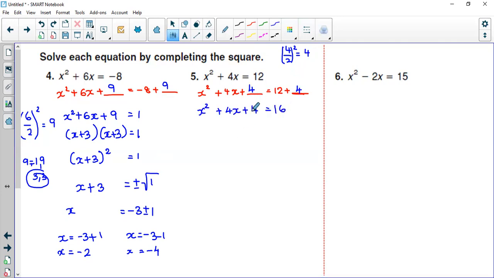Now find the factors of 4 which would give you a 4 when added or subtracted. So what are the factors of 4? We have 1, 4, right? The factors of 4 are 1 and 4, or 2 and 2. So which one are we going to choose? Of course, we're going to choose this, because 2 plus 2 would give us a 4. 1 plus 4 would not give us a 4. So (x plus 2)